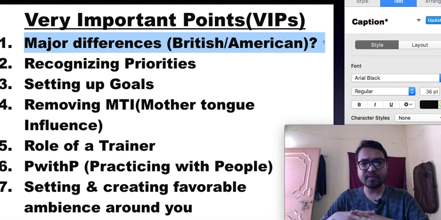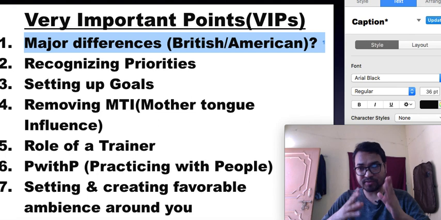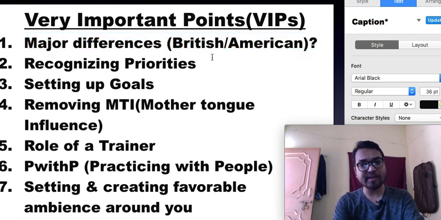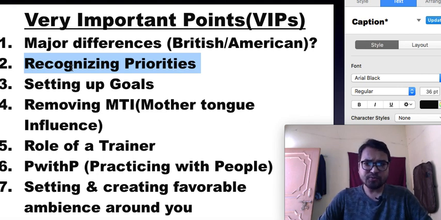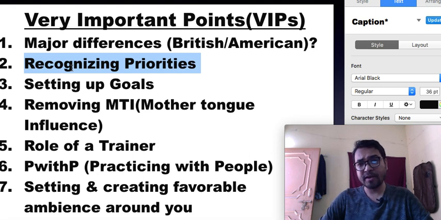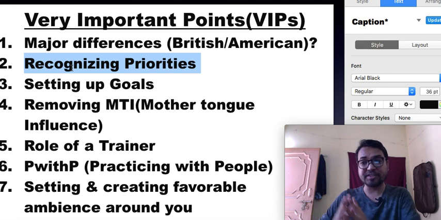All right, so now it is very important which English you should learn. So you need to recognize your priority. That is point number two. You need to recognize your priority first. So before going ahead on your journey toward becoming excellent at accent, you should know what your priorities are. Your future plan may be to settle down in European countries or American countries, or you may want to work for American companies or British companies.